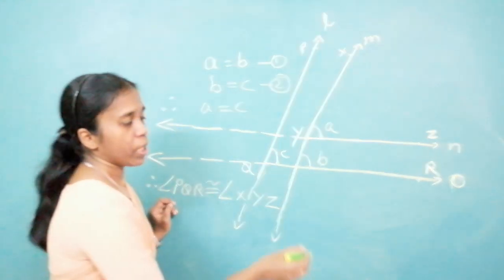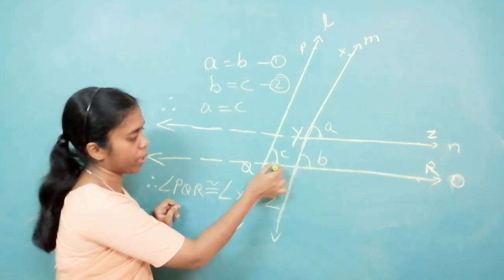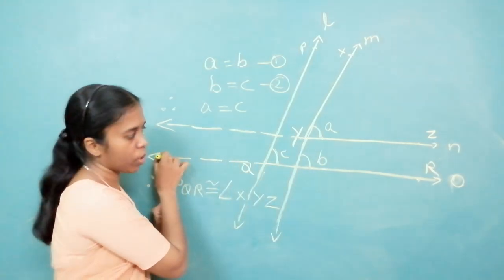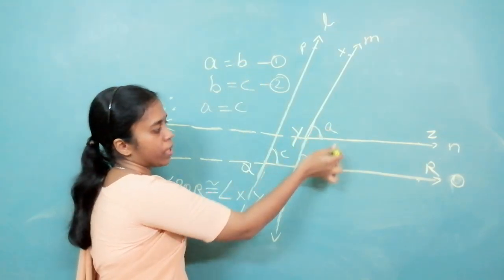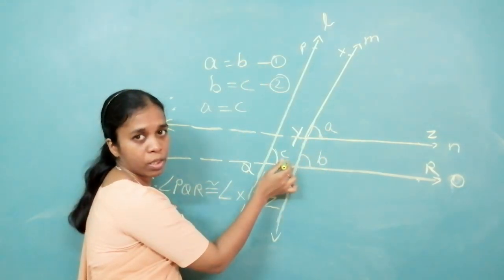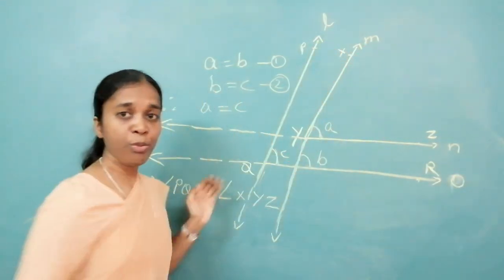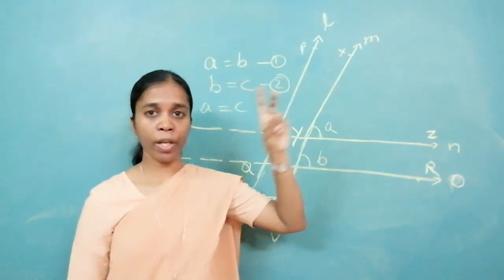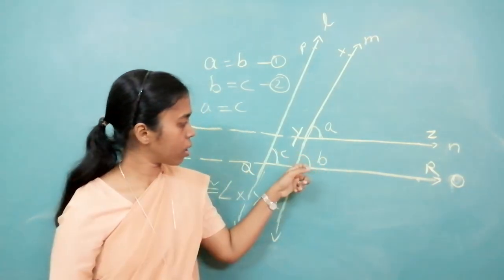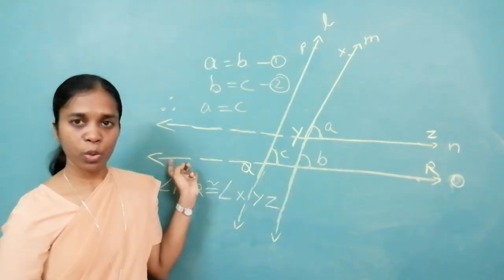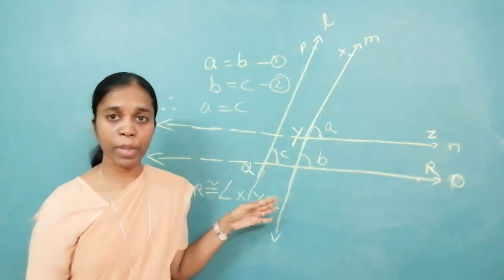When you are solving it, please make sure in your diagram, you have to draw the rough diagram by extending this. You have also mentioned B and C. All these letters have to be mentioned over here. You have to mention N, O, M, N. If you don't mention this, then you have to write that 2 letter. Line R, whatever you are extending to Q. Line Z, Y. That you have to mention.